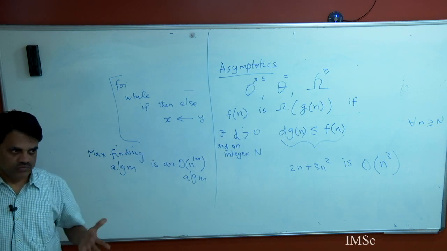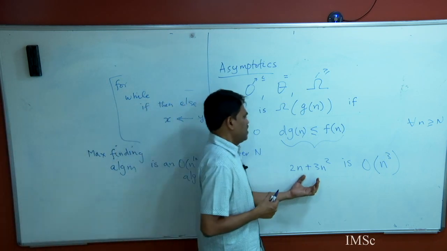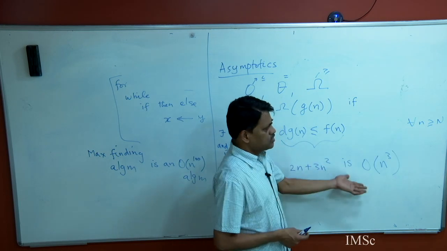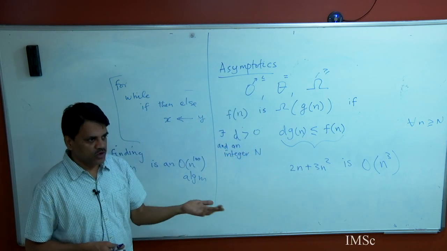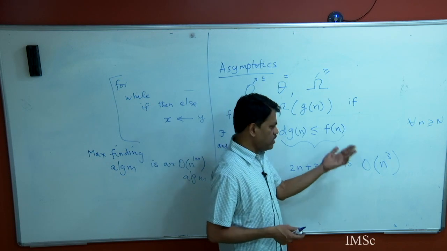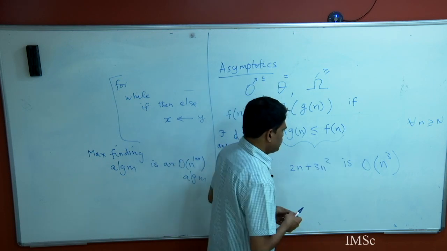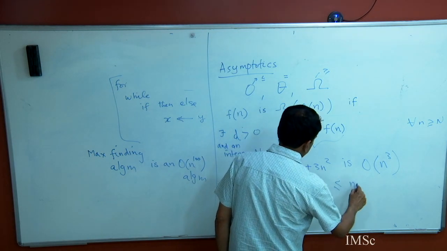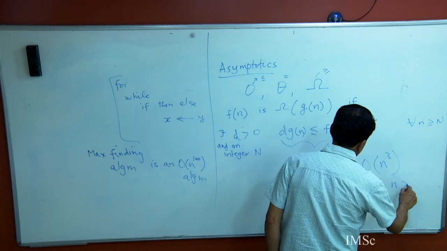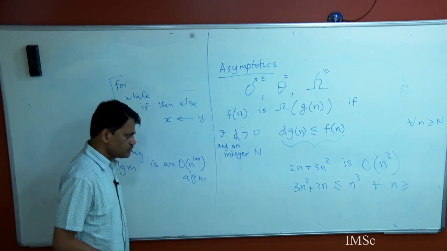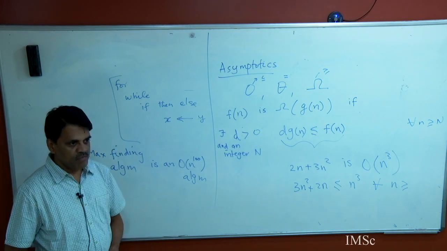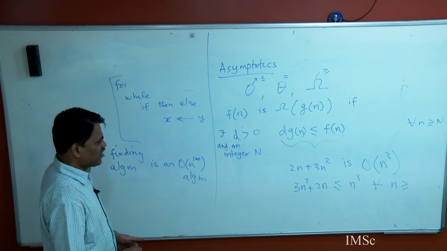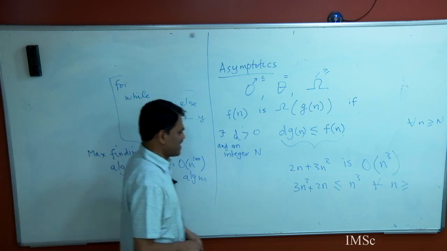So how do we prove this? I have to say that this is upper bounded by some c times n cubed for all n greater than or equal to capital N. So you have to come up with the c and the capital N. So what would be your c here? 1. So you want to say 3n square plus 2n is less than or equal to n cubed for all n greater than or equal to, what do you want to say, capital N? 100, okay, fine. Even 5 I might say,